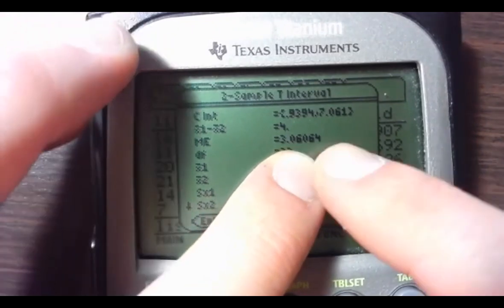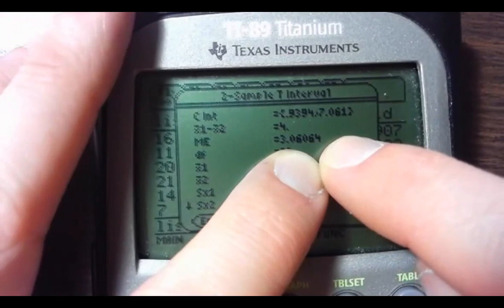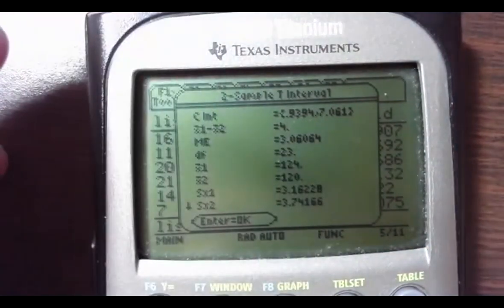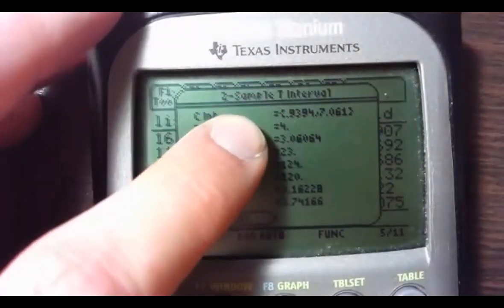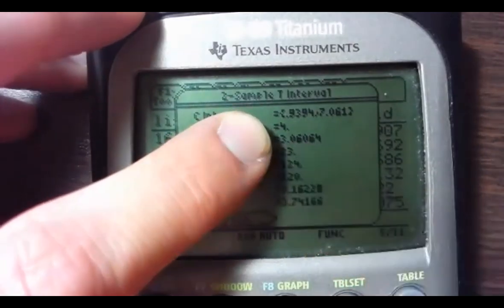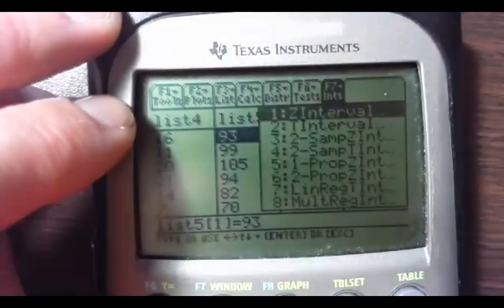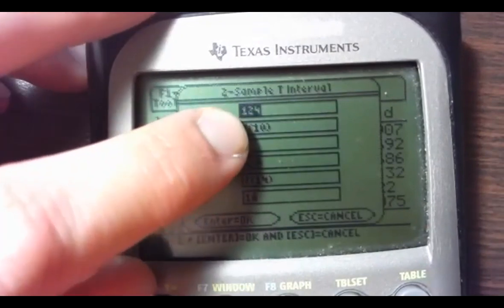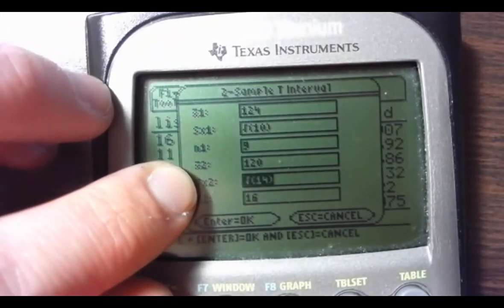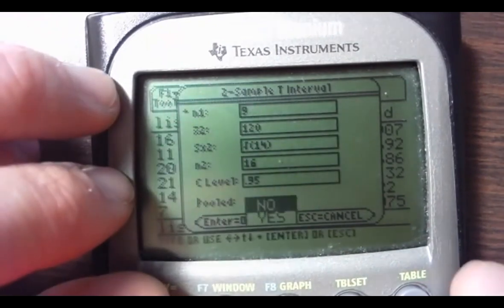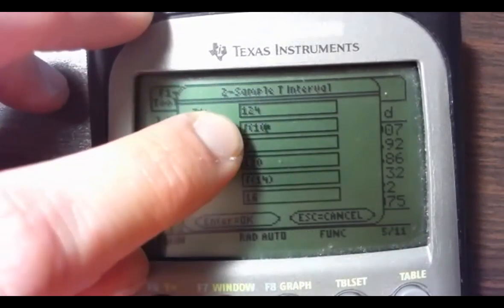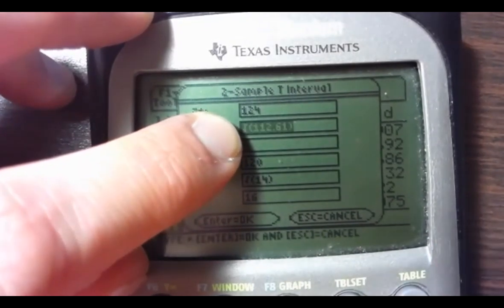3.061. So it looks like it's different at the 10,000ths place, but who cares? So 4 plus or minus 3.06. So we're getting the same. I hope everybody is seeing what I'm doing here. These numbers, 4 plus or minus 3.06, will come out whether we type in the actual S1 and the actual S2 here, 10 and 14, and click pooled, or